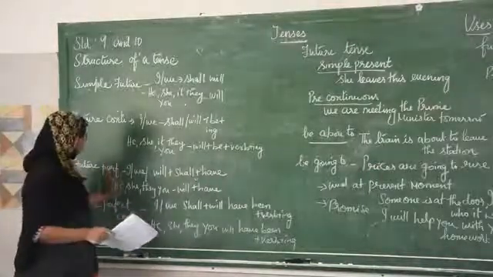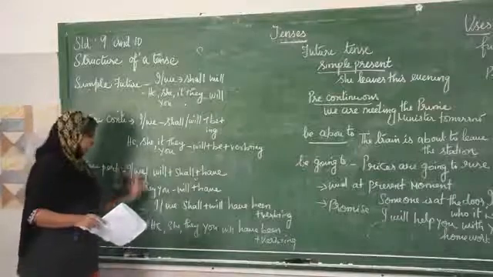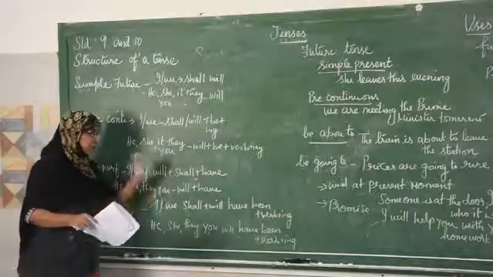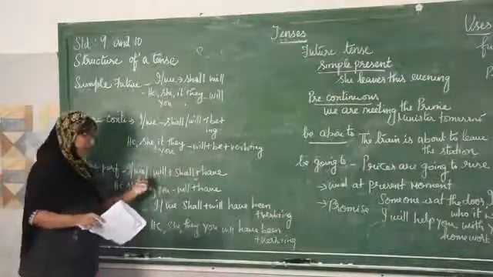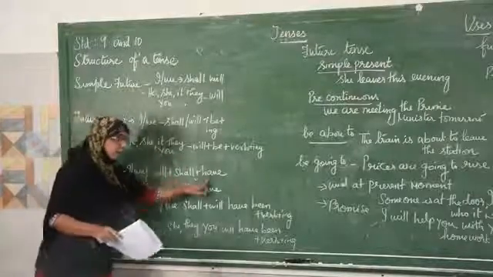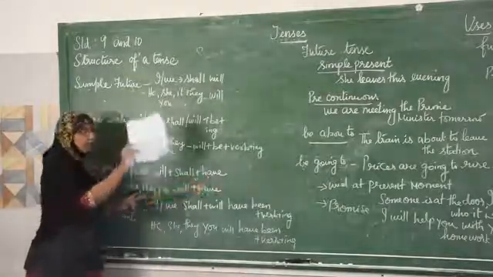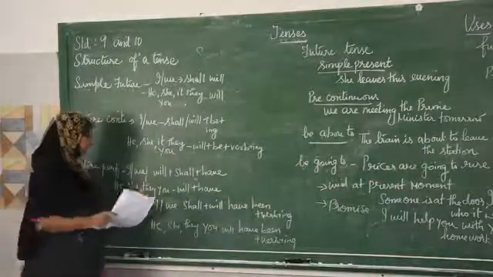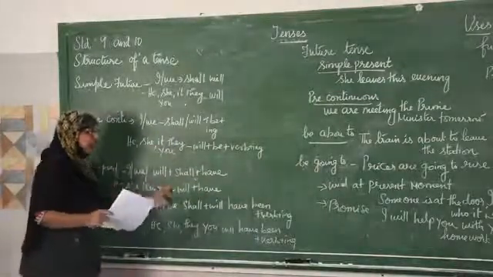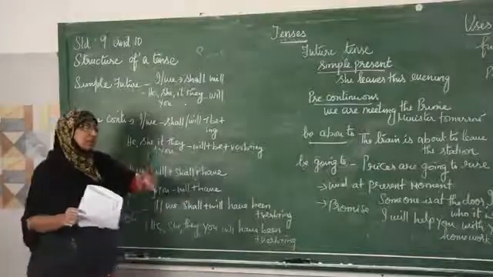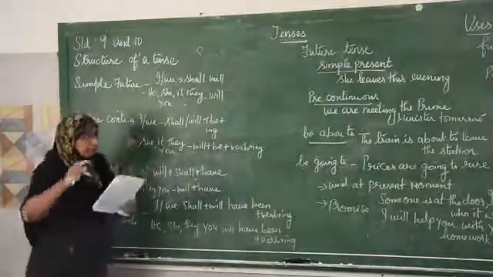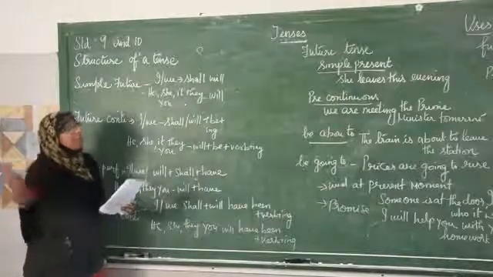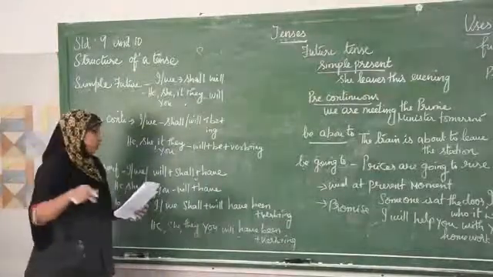Now next one is future perfect. Again, I or we, he, she, they, you. Either you can use will or shall for I or we. Then you have to use have. You should not use had here. Will plus have plus past participle. He will have returned the test by next week. It refers to an action which should have been completed in the future.